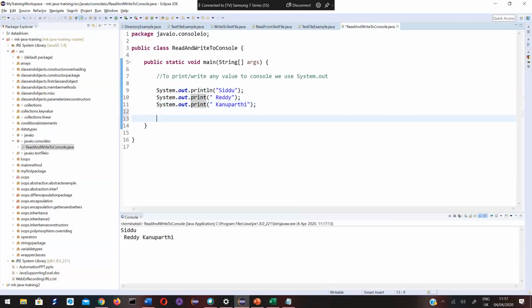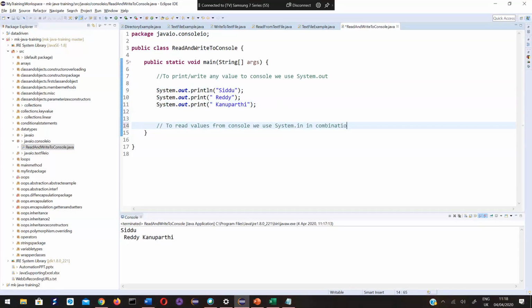Similarly, to read values from the console, we use System.in in combination with the Scanner class.